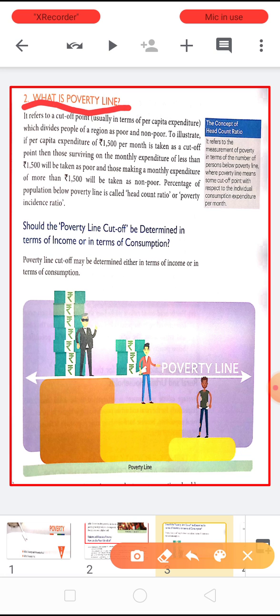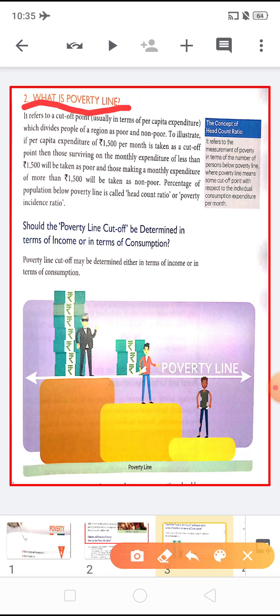But in post-independence India, when the country achieved independence, there were several attempts to identify the number of poor in the country. And in 1989, children, an expert group was constituted for the same purpose, to calculate the number of poor in the country. So, children, again I'm coming back to the same topic, that is, what is the poverty line?